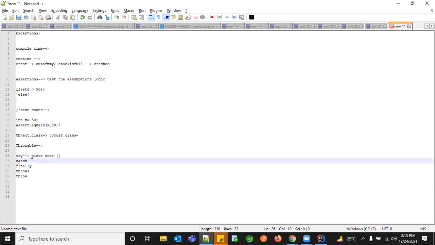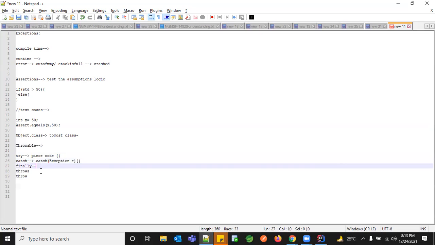You need to catch it. Someone is throwing you a ball, someone should be at the other end to hold it. In the same way, whatever piece of code you're trying to execute is throwing an error, it has to be handled somewhere. That handling happens in the catch block, which accepts an exception object, any type of exception object, and that piece of code can be handled here.